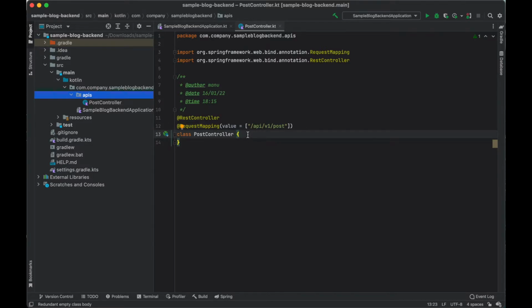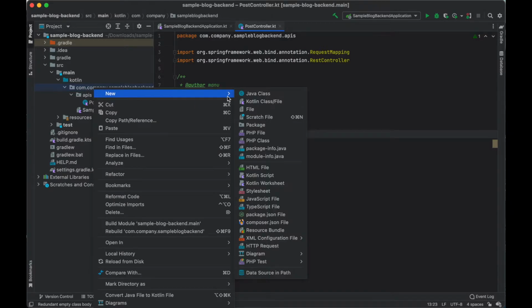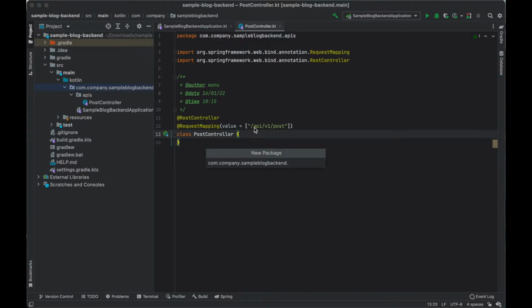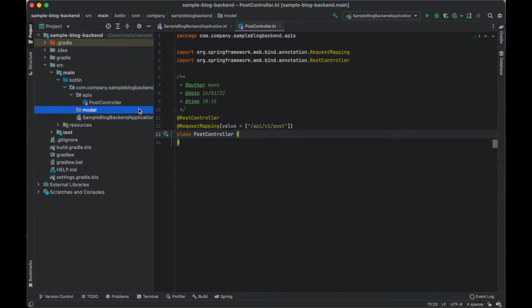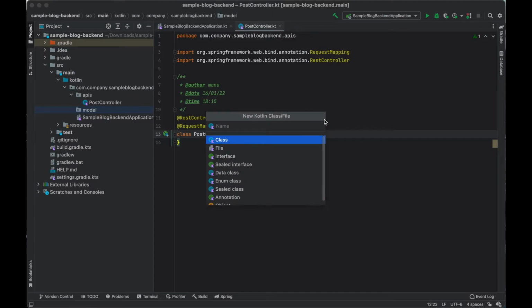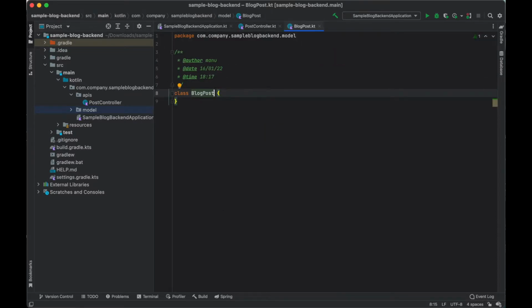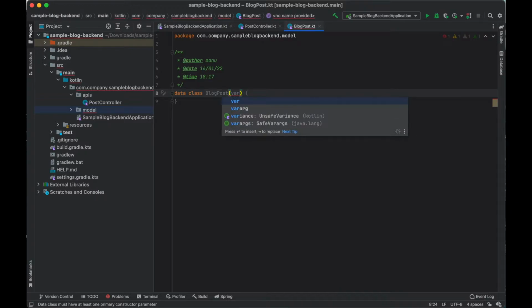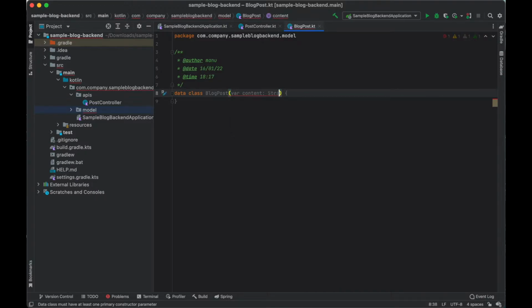We are gonna add some functions, but we need to define the model. So I'm gonna create a package named model. Inside that I'm gonna create a Kotlin class that represents the post, so I can call it BlogPost. This BlogPost is a data class that receives a content of type String